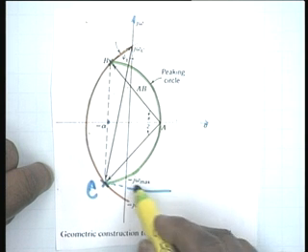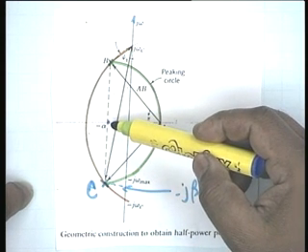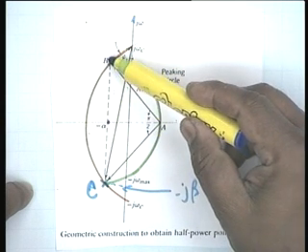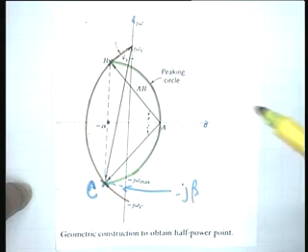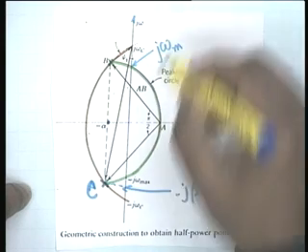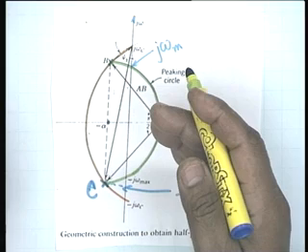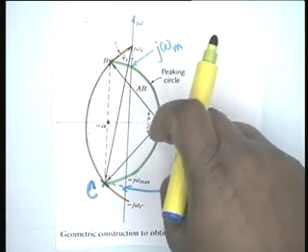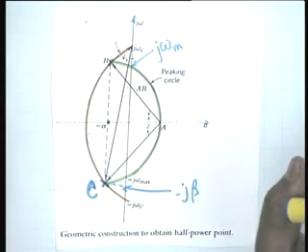This is minus j beta, alright. Then to draw the peaking circle, what we do is we take this point as the center and beta as the radius and draw the peaking circle. The green circle is the peaking circle, and naturally this is equal to j omega m, the frequency of the maximum. And you know that if beta is less than alpha, then there will be no peaking. If beta is equal to alpha, then the peaking circle, that is the point A, shall be at the origin and the j omega axis shall be tangent, and all that we know.